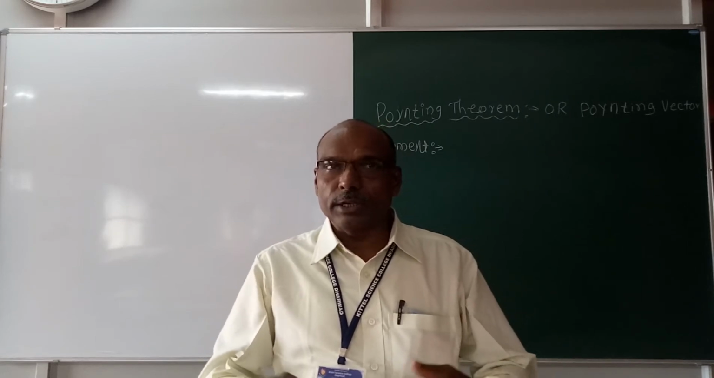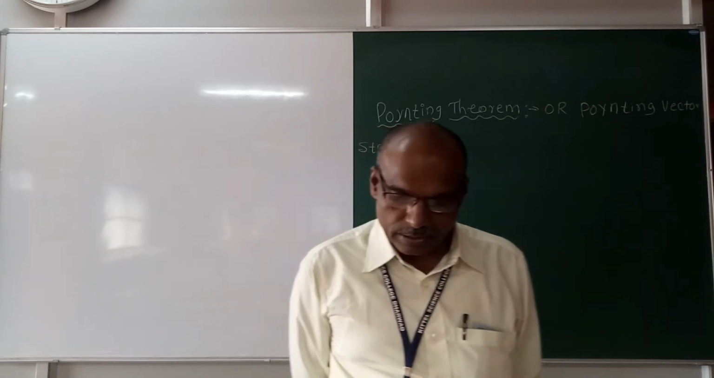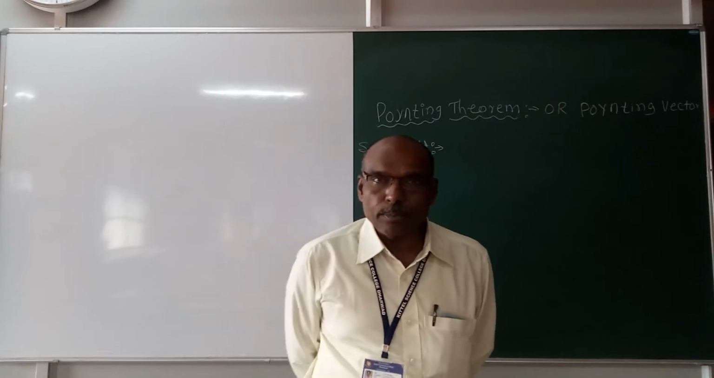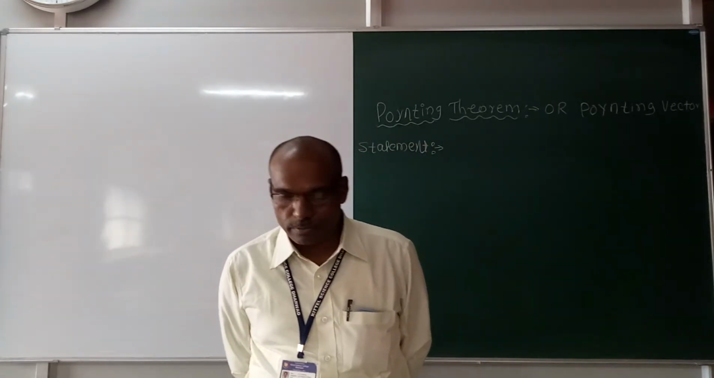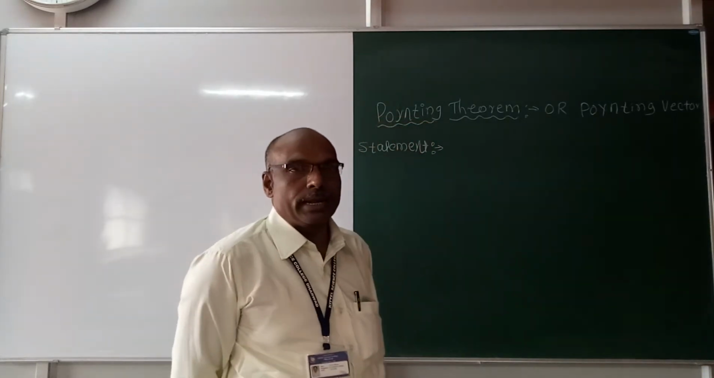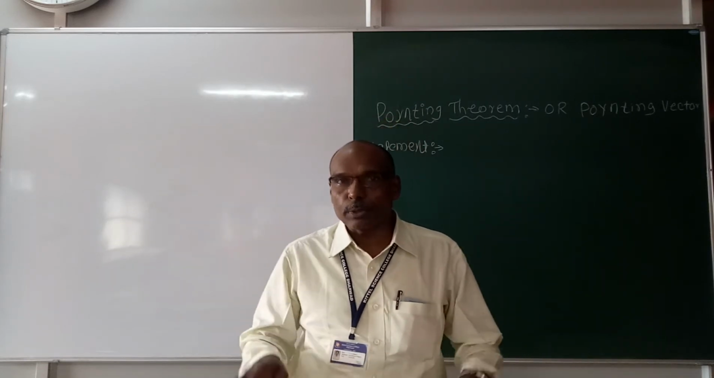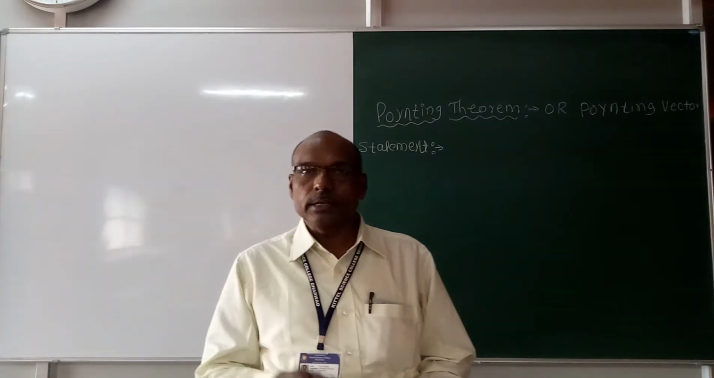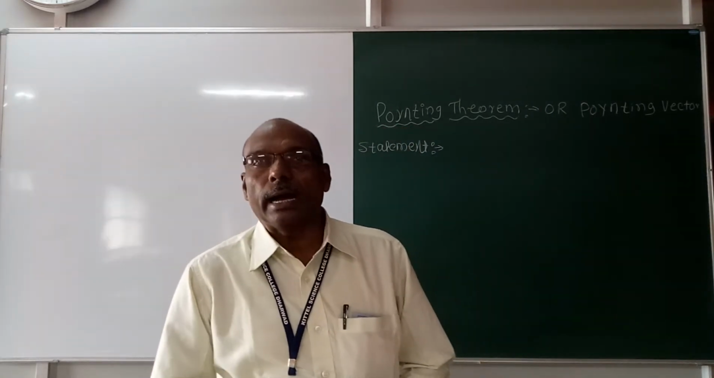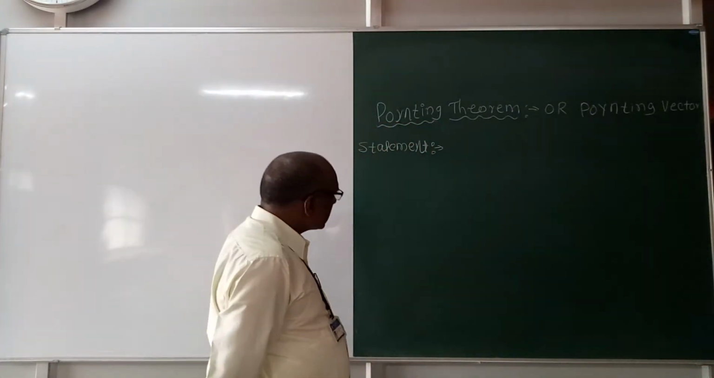I repeat, this Poynting theorem is stated in different forms with different statements. Here we can state it in a simple way. It states that in a plane electromagnetic wave, the rate of flow of energy through unit area is proportional to the vector product of electric field intensity and the magnetic field intensity. To explain this,